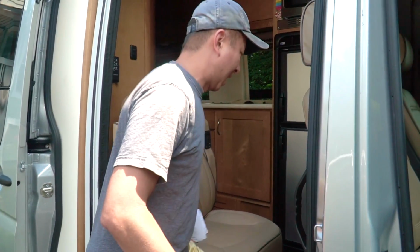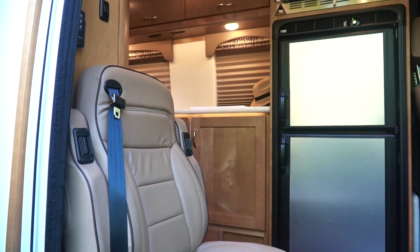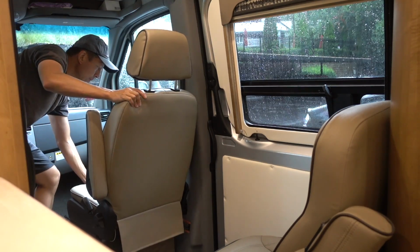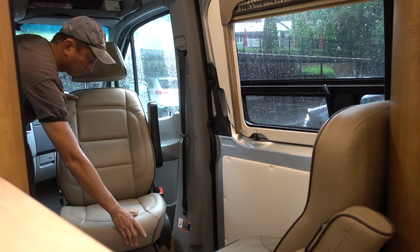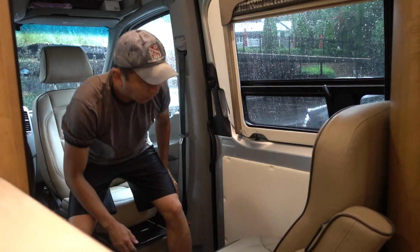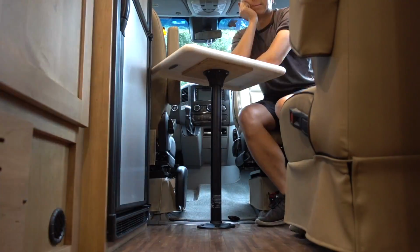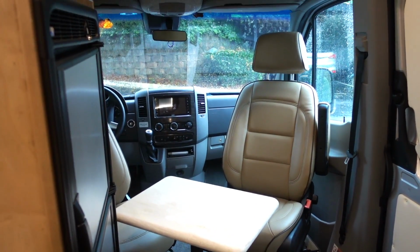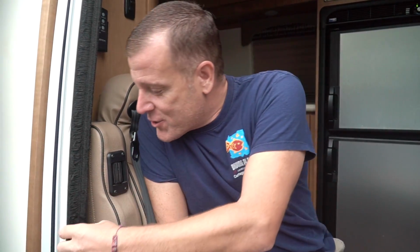Let's take a look a little further back. Next on the list is the foyer. I guess it's called the foyer. This is where you see the van for the first time. Did I mention that we have 3 chairs that can swivel around? Look at that. This whole area could be converted into the dining room area because you can set up the table and all 3 chairs can be facing relatively one to another. One of our favorite features is this side screen door. It allows you to sit down here, enjoy the day, enjoy a nice breeze